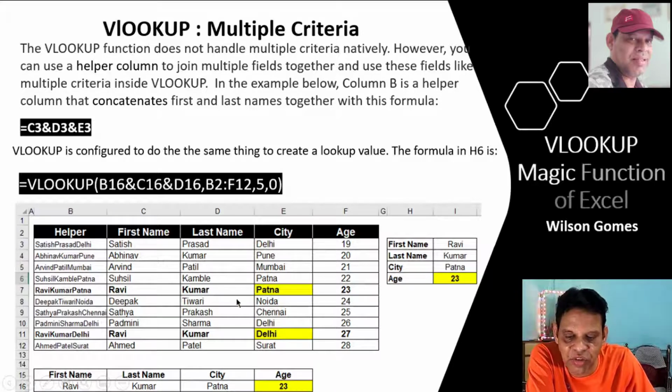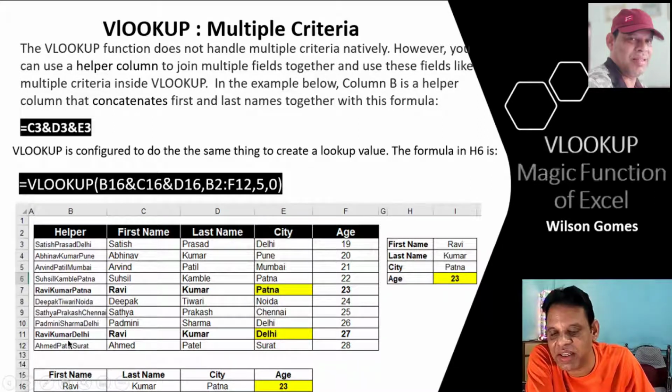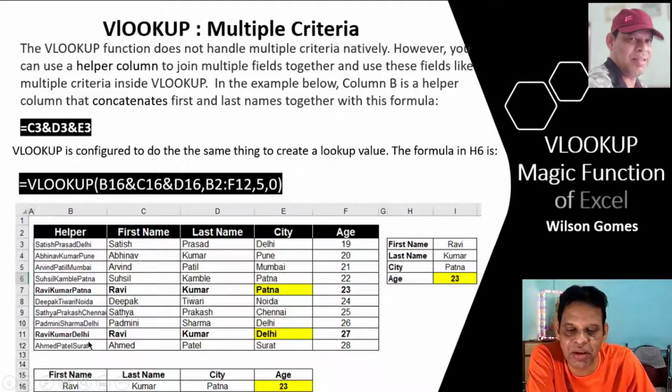Here in this case, Ravi Kumar from Patna, now his identity is Ravi Kumar Patna. Similarly, for Ravi Kumar from Delhi, his identity is Ravi Kumar Delhi. Using this feature, we will be able to eliminate the errors or wrong information we get where there are repeated names.